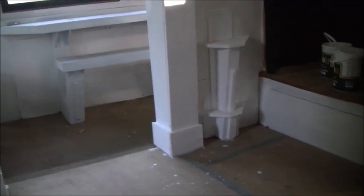So, moving along. And making mistakes and trying to put them right and the usual kind of thing. And then afterthoughts, I thought I'd put those skirting board boots on. They require filling and sanding. I thought